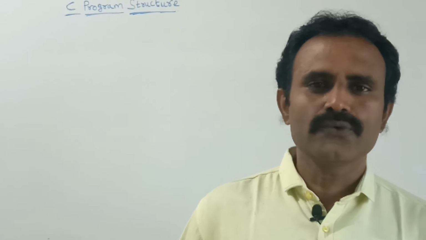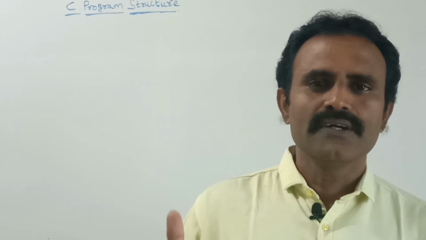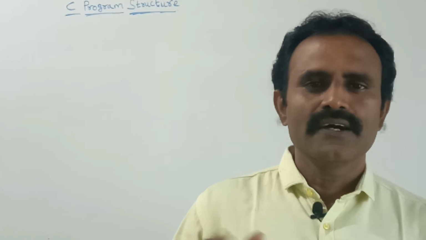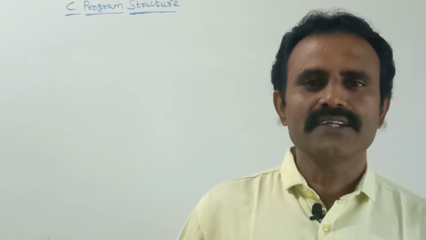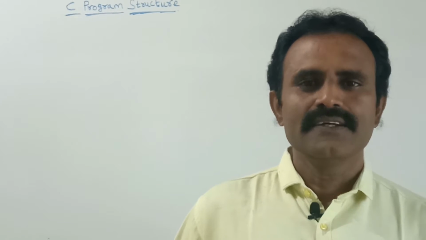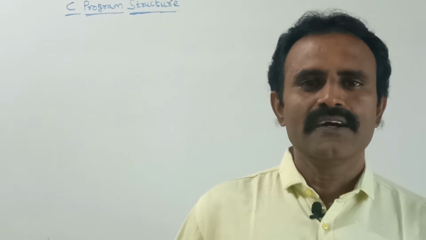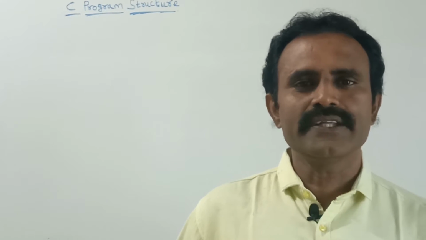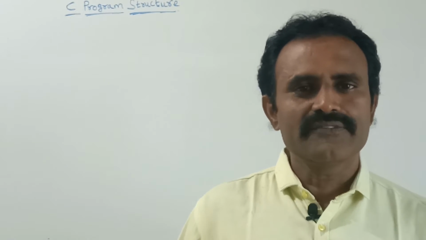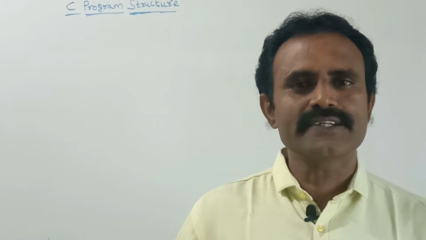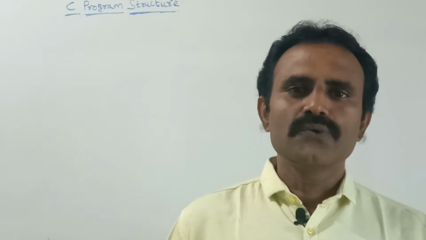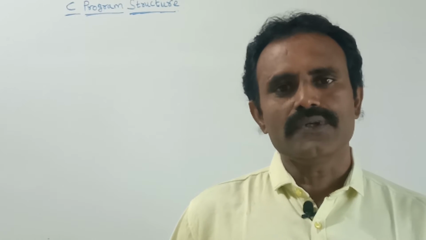We can add the two variables where the input is given to the first variable and the second variable. We can add, and the result will be stored in the result variable. After that we can display the result. The numbers we have given to the two variables will be added and stored in the result variable. If you display the result variable, the output will be displayed. So the variable is used for getting the input and also to display the output.